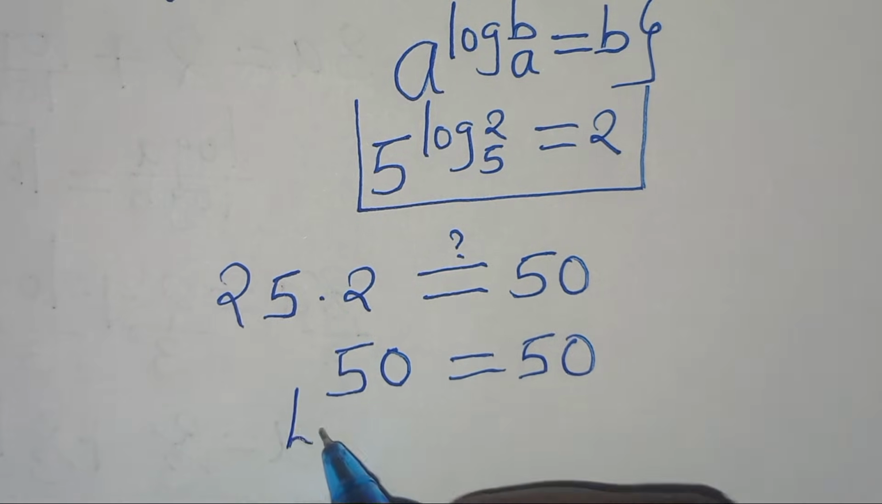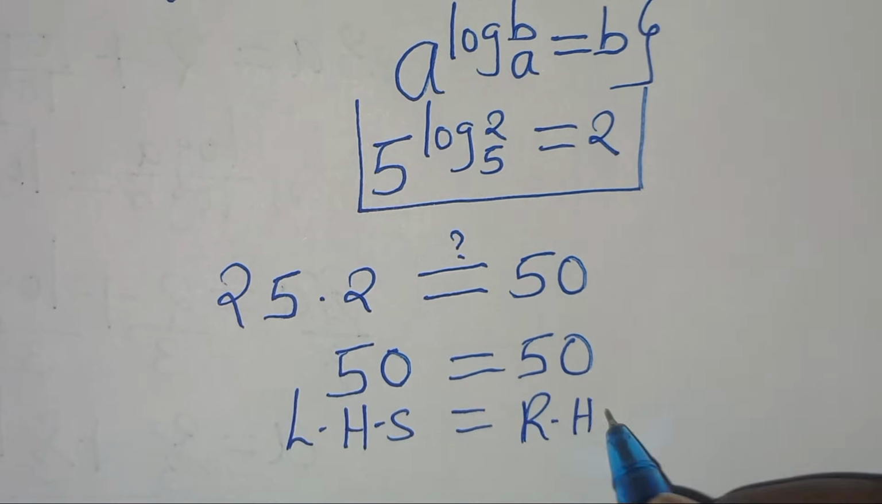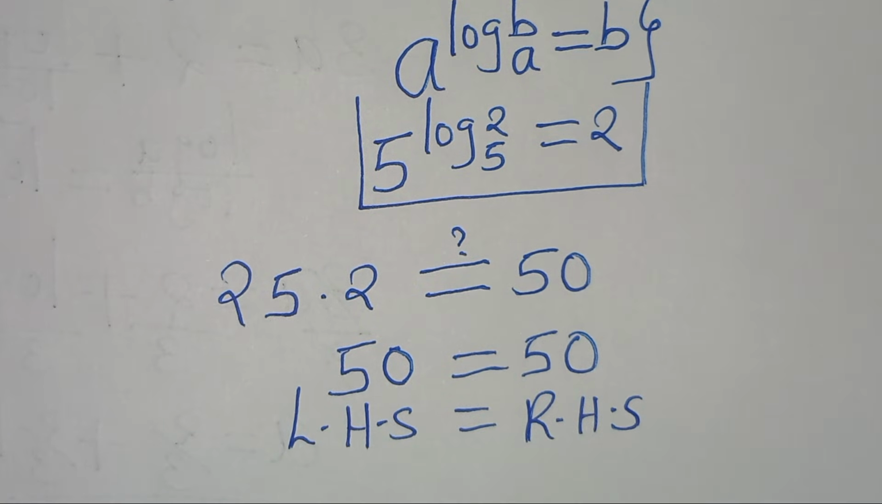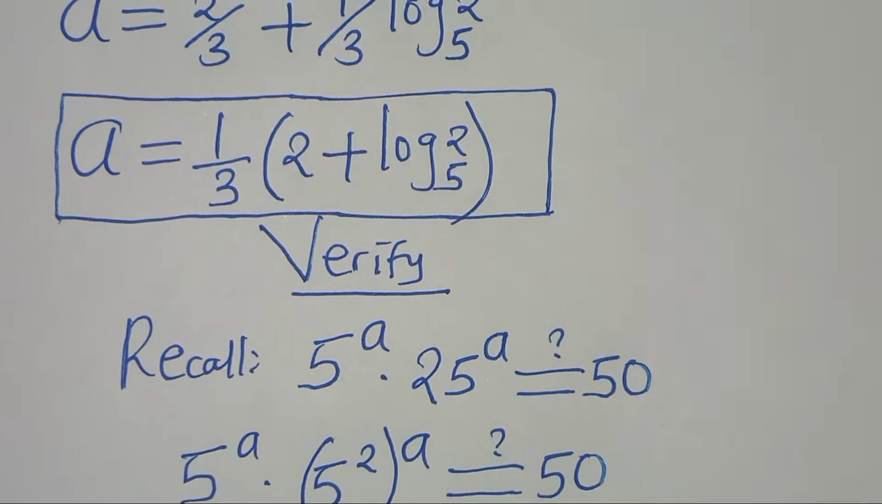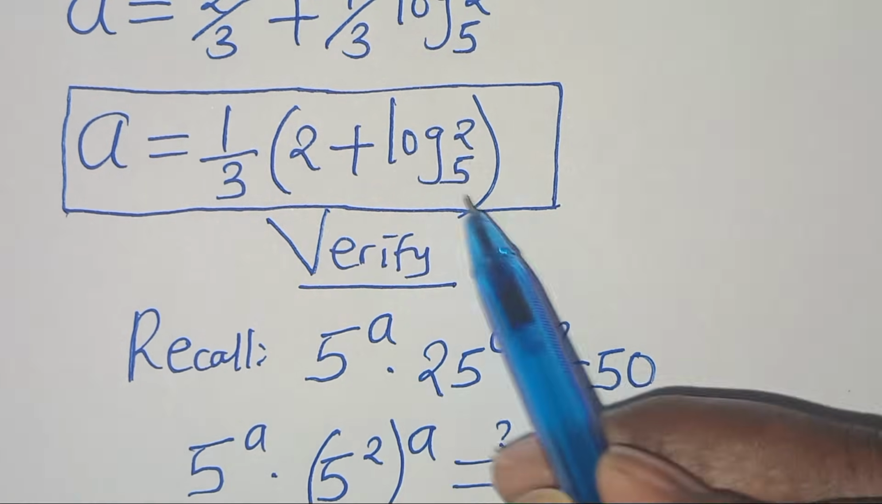So we have that the left hand side is equal to the right hand side. And this affirms that the value of A, which is equal to 1 over 3 into the parentheses 2 plus log 2 to base 5,